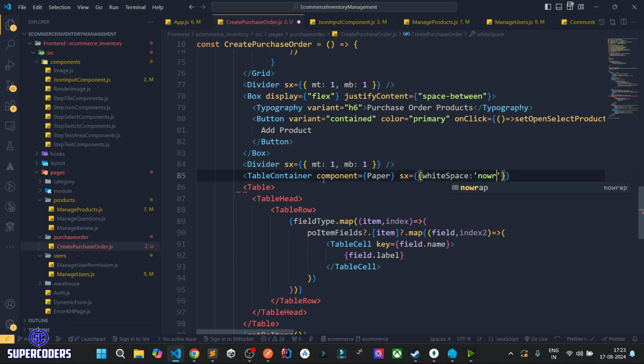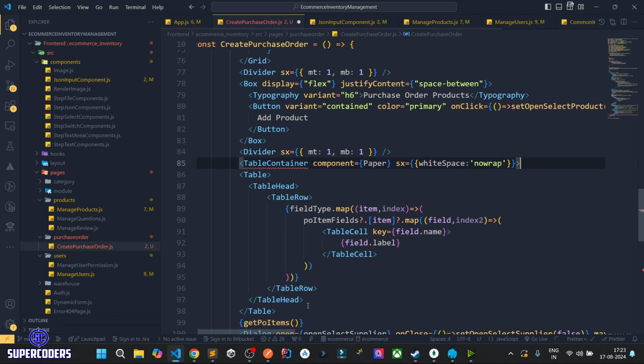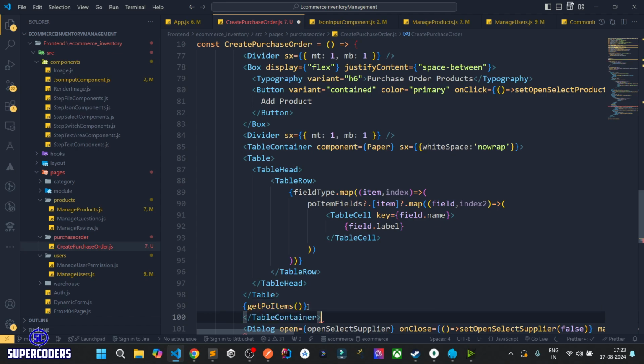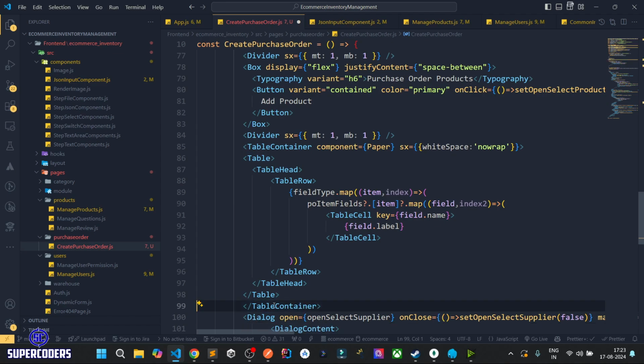Now wrap and close this table container here,